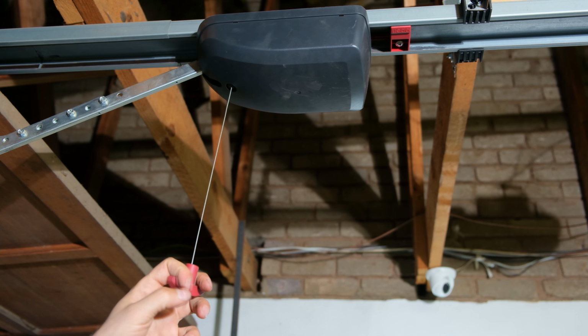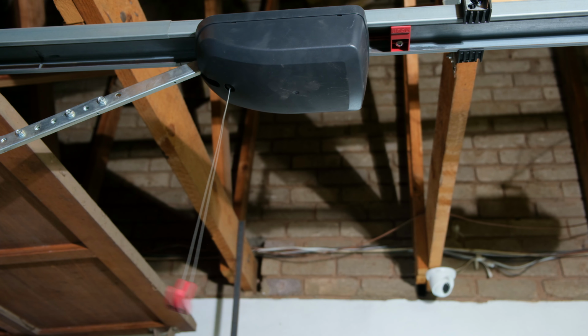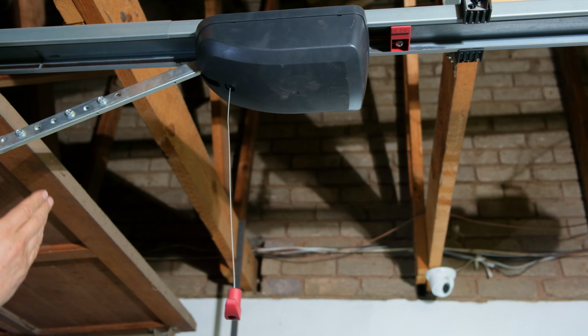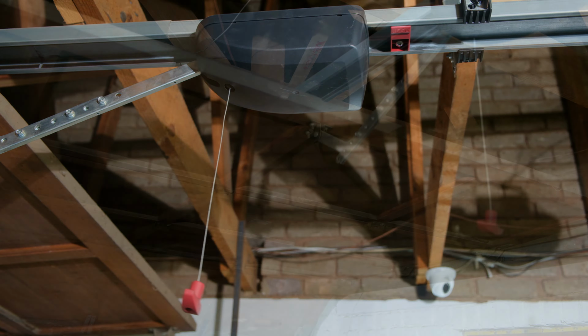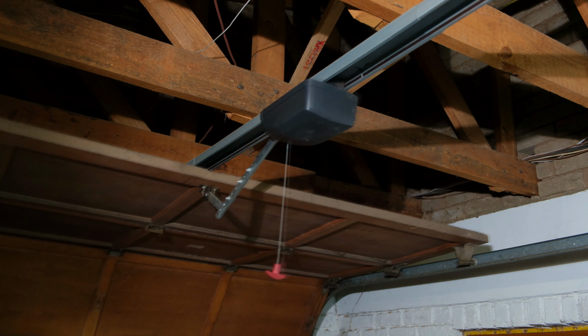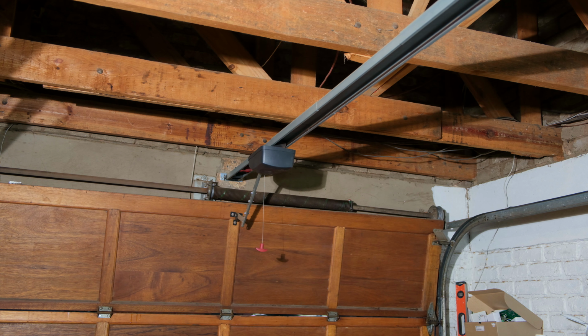Just disengage the motor. So I'll pull that down. Yours might be a bit sticky. Now what I'm going to do is slide the door all the way into the closed position. Right, so the garage door is now in the closed position, and what I need to do is clean the